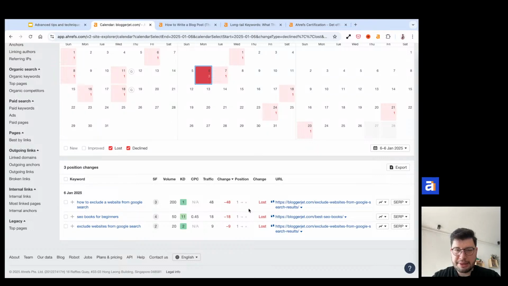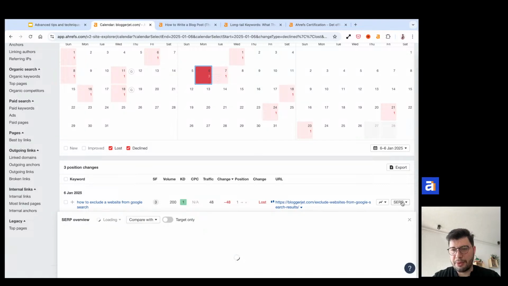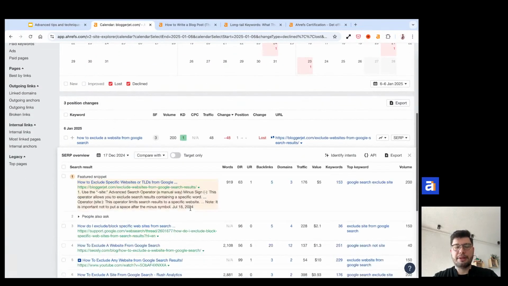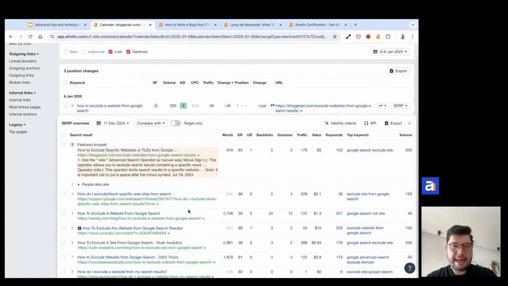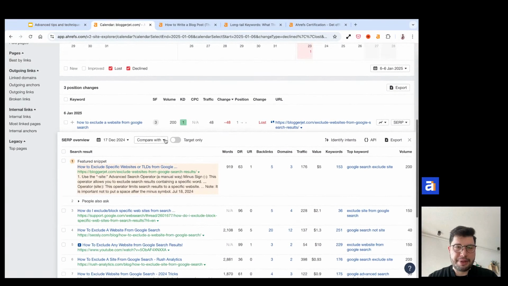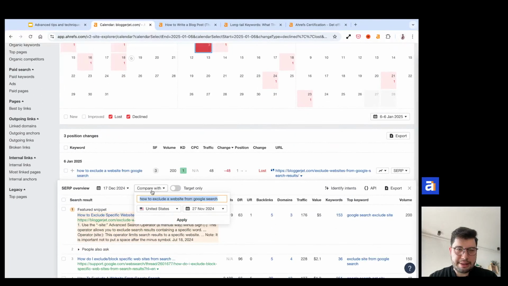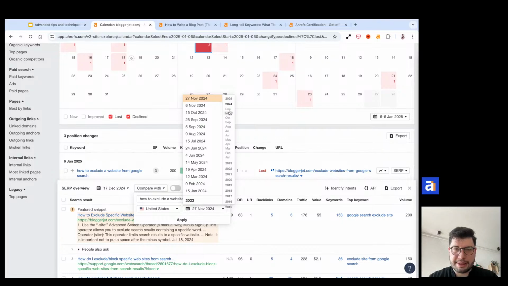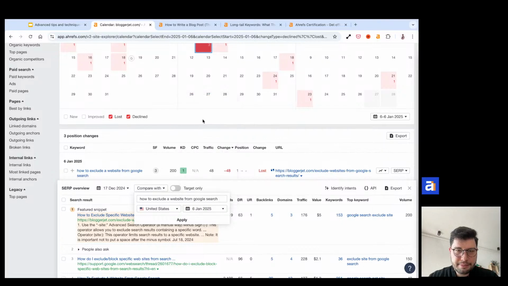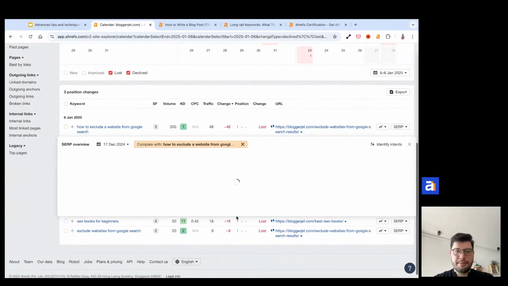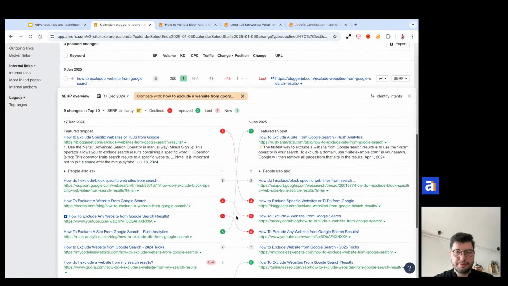And if we want to see what's the reason, we just click on the SERP overview table. This will show you the top 10 search results for this given keyword. And I also want to compare it. So we lost it, this is 17th of December, we lost it on 6th of January. So I'm going to compare it with 6th of January. All right, so on 17th of December, we actually ranked on number 1 with the feature snippet, but then we